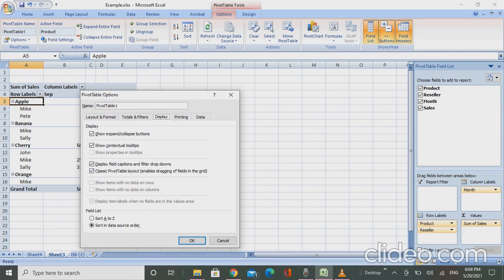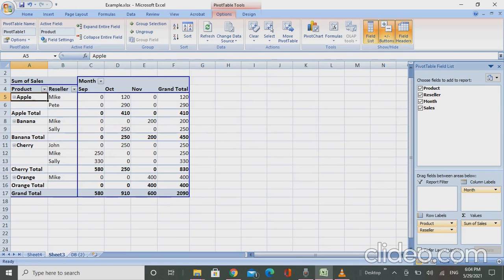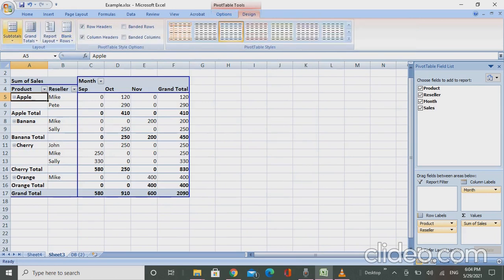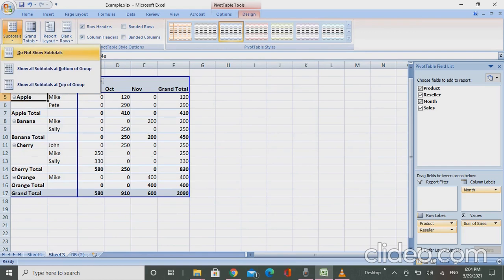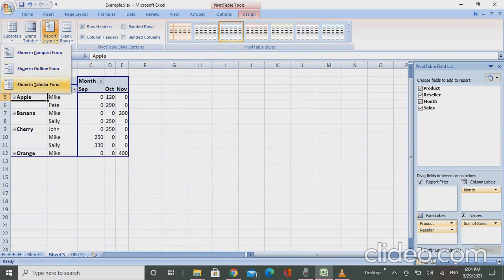Zoom it in. And another setting we have to do is we have to go to design. I have to disable all the subtotals over here, and disable all grand totals, and set report layout to be in a tabular form. Okay, so this is the proper setting of a pivot table. I can see this does not give me any sort of inference from it. So what I will do, I'll make it a proper pivot table now.